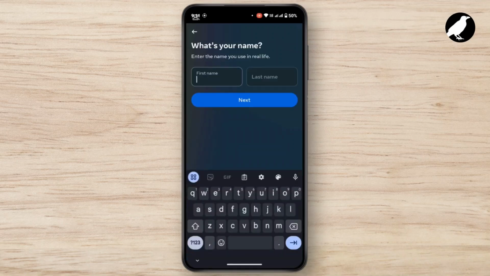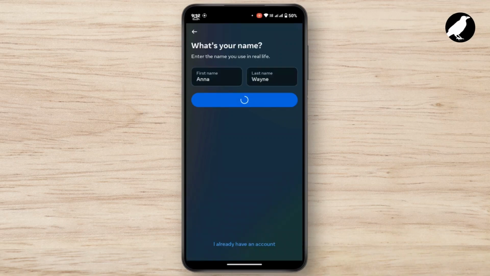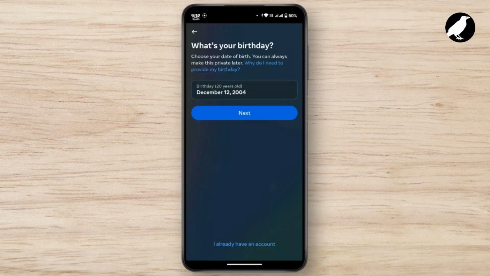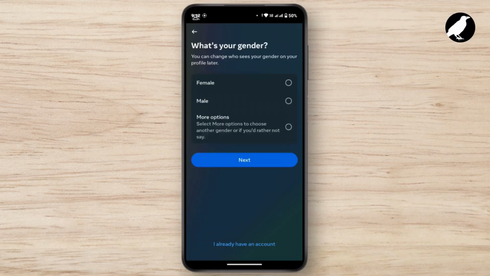Now you have to enter your first name, so type in your first and your last name. Tap on Next. Now you have to select your date of birth. So choose your correct date of birth from this pop-up box in your interface. Then tap on Next. Now you have to choose your gender. Tap on Next